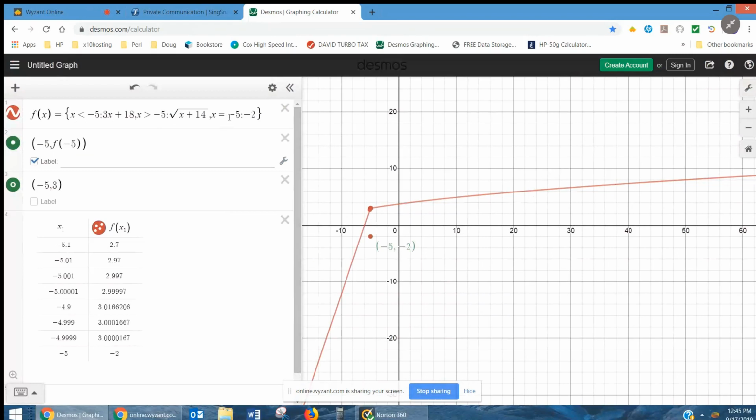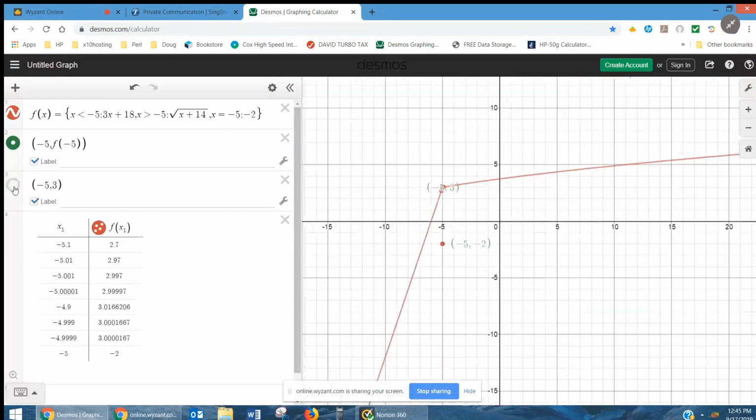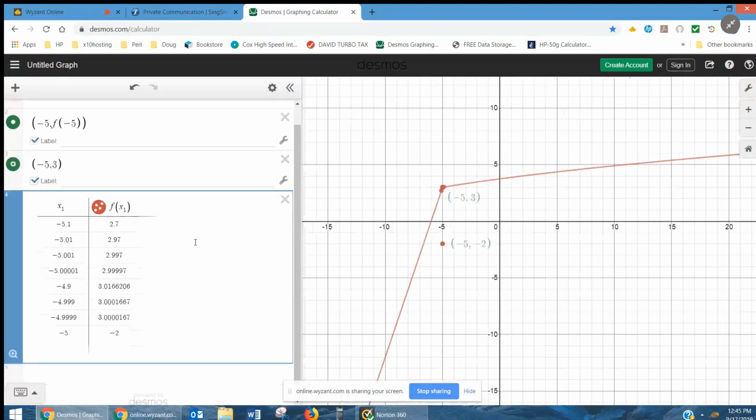And when x equals -5, the function value is -2, which is this point down here, and there's where the cause of the problem is. I didn't put this point on here. Let's see why that's not shown here. I'm not sure. Okay, anyway, here's a table that shows you what's happening as far as the limit goes,